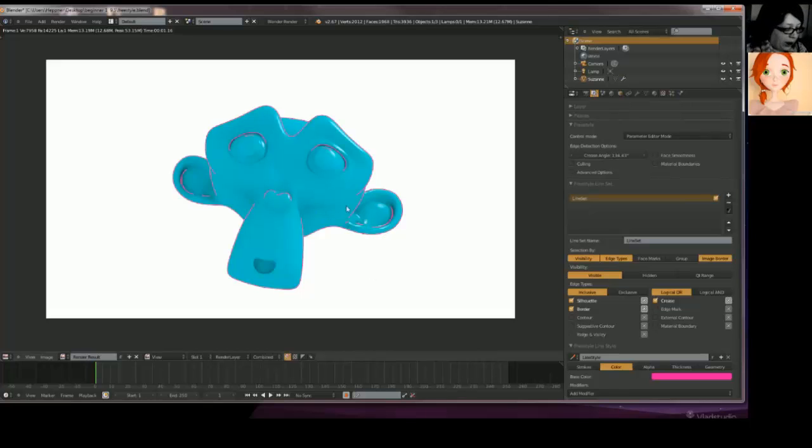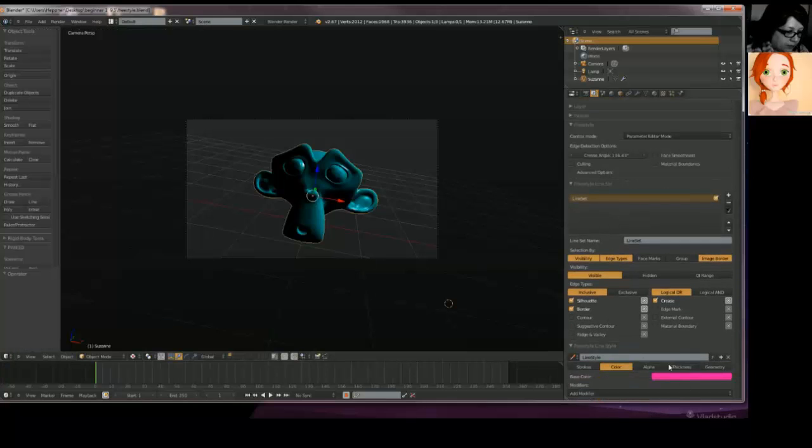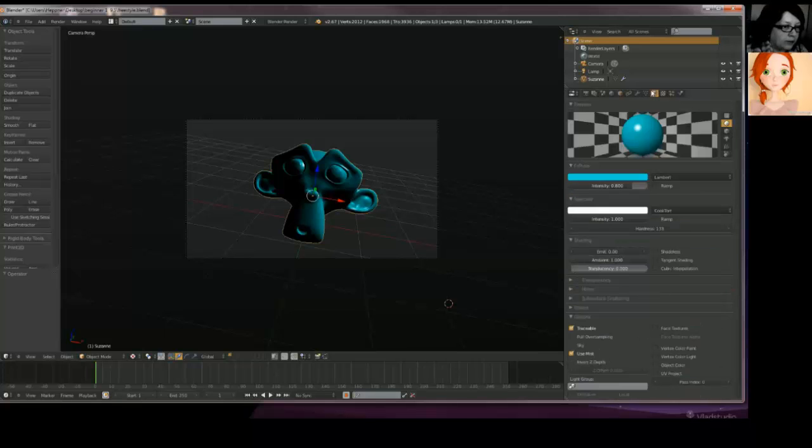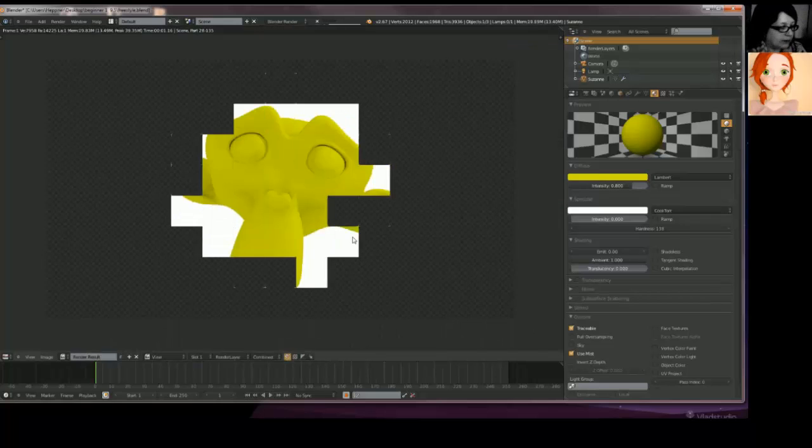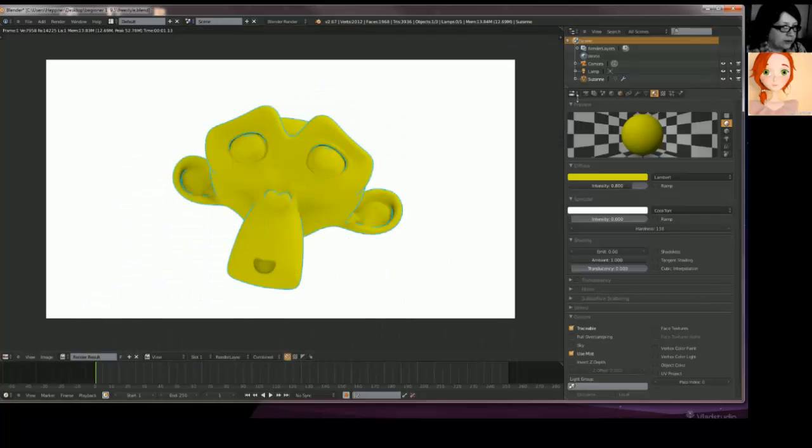I'm so thirsty. Okay. You can play with it here, making a blue color, and you can combine it with this here. No specularity. Yeah, but the line is a bit too thin.